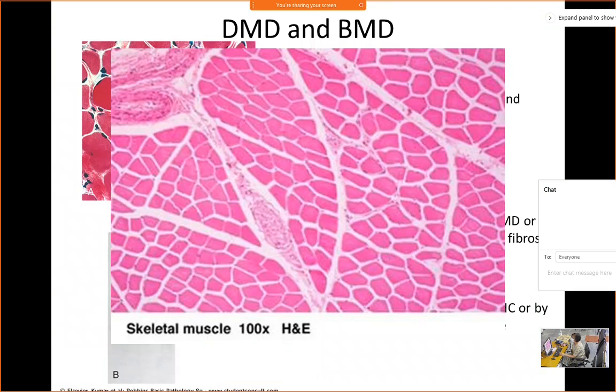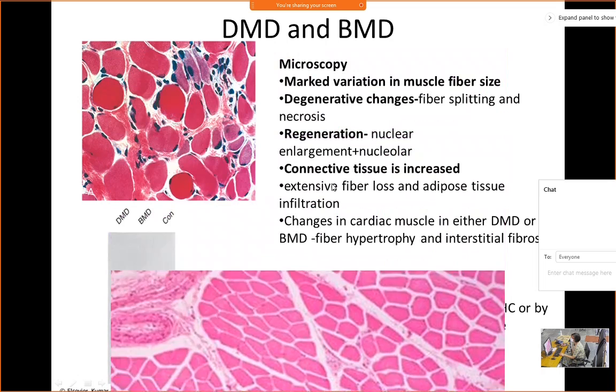Now when such patients come, we have to do a skeletal muscle biopsy. And this is a normal histology of the skeletal muscle. What you can see is the endomysium, perimysium, endomysium, and these are the skeletal muscle fibers. This is a blood vessel here, this is another blood vessel here. So these skeletal muscle fibers normally are polygonal in shape, and a very mild variation in size is there in normal skeletal muscle fibers.